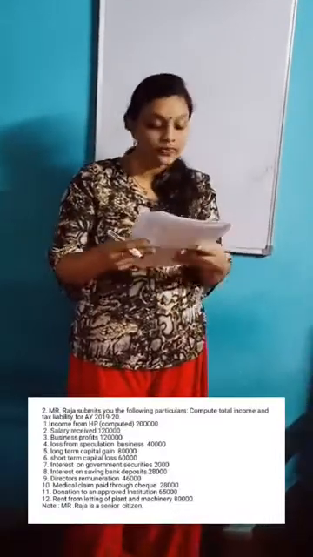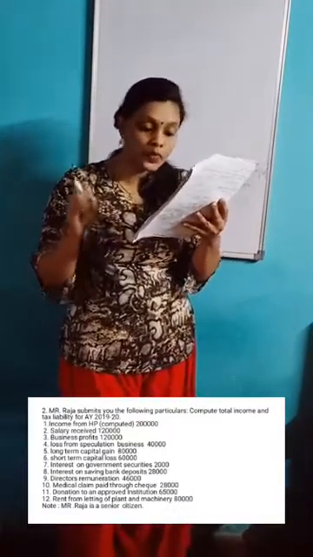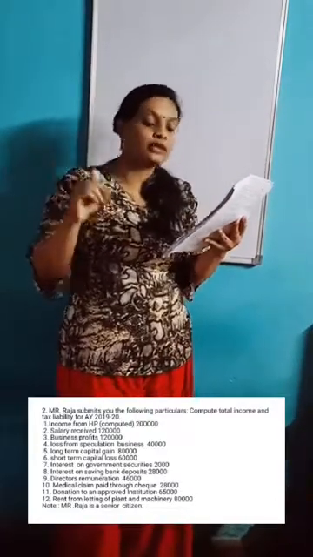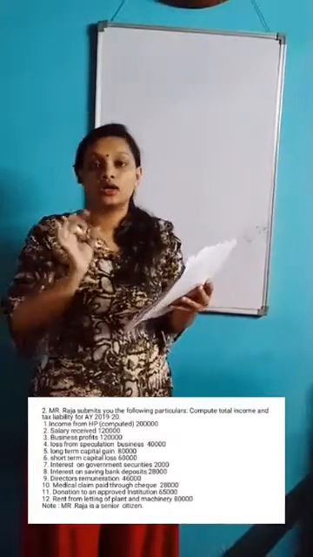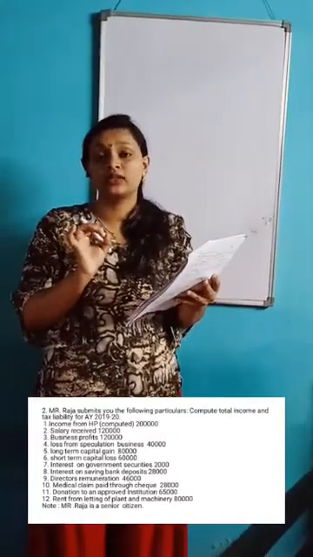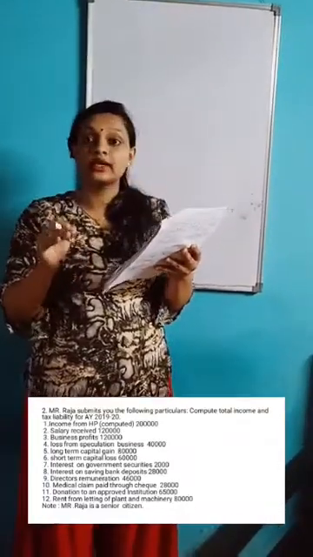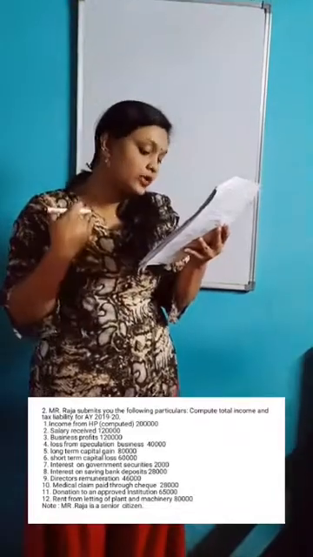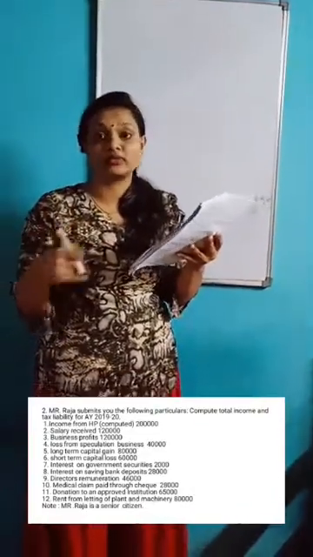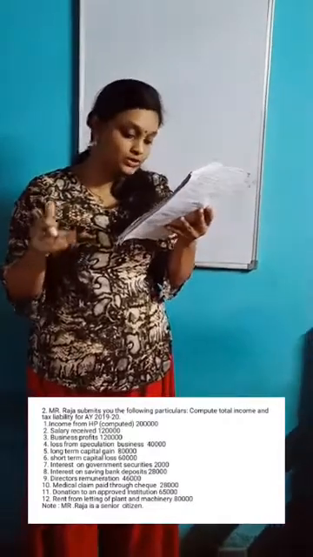Let's do a problem. So here the question tells that income from house property is computed, so you can write the direct amount, that is 2 lakh. There is no calculation format. Next, salary received, you should calculate the format. Next, business profits, they have given the amount directly, 1,20,000. There is no adjustment at all. And loss of speculation business 40,000.